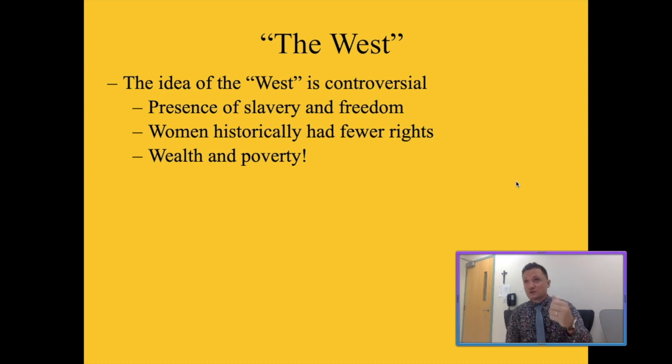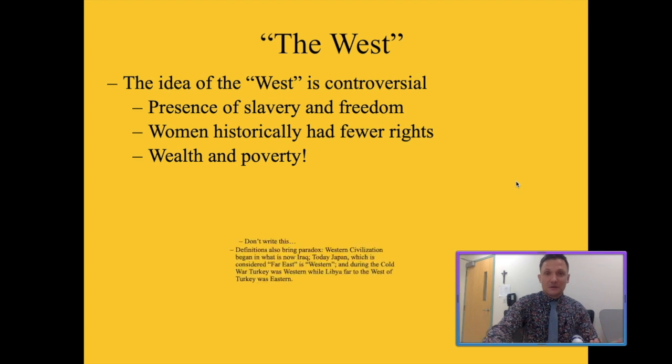Then also women historically in Western civilizations have fewer rights, right? So you can't necessarily hold up the West as the banner of all progress ever. It has its dark sides. It has its duality, right? And then you also have this massive split. Capitalism is great, yes, but it also creates a massive gap between the wealthy and the impoverished. So the West is an idea where it's good and it can be bad. Eastern civilizations can be good and bad, right? The big thing to understand is that there's no perfect system, because the West has its controversial ideas, and it also has its defining key ideas that make it a positive experience.